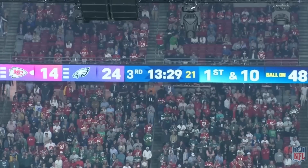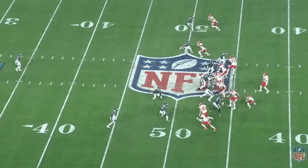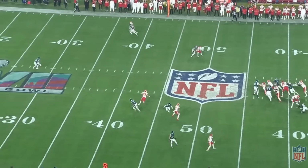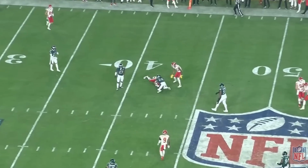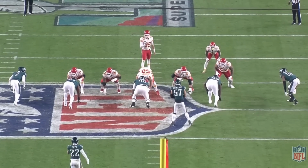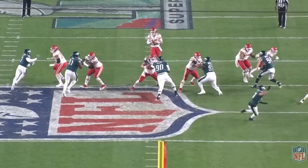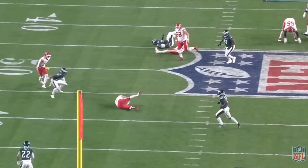So we're into the third quarter. This is some unreal vision, flick to Kelce. I really don't know how he even sees Kelce here. He basically is getting grabbed. He's in the grasp. He gets his head hit, and he flicks it to Kelce. Now, to me, he kind of looks like a basketball player here, taking this thing to the hole. Protect the ball, I mean,